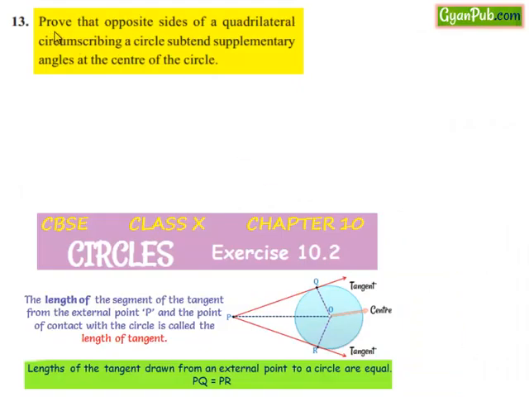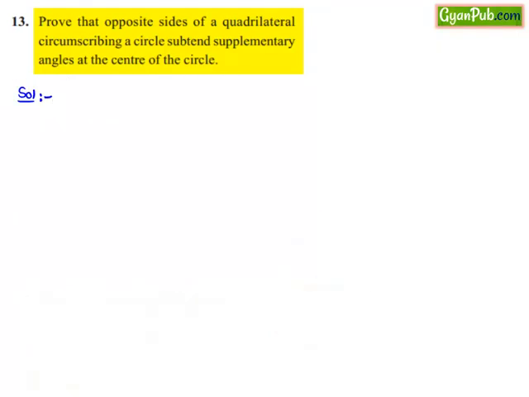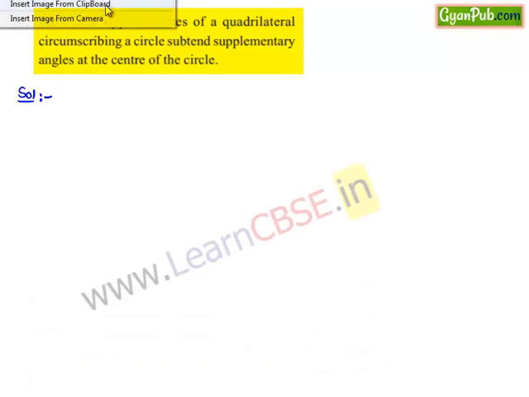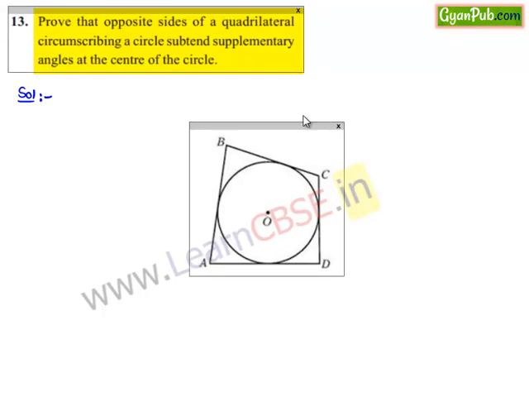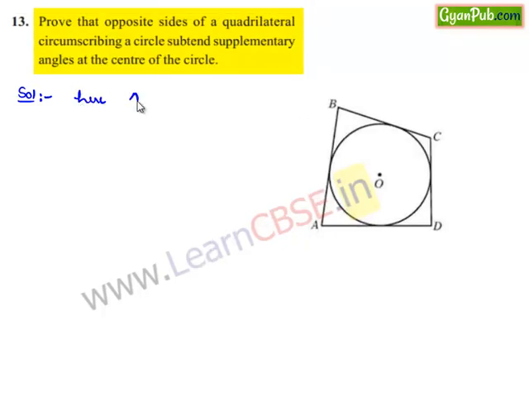Moving on to 13th question. Prove that opposite sides of a quadrilateral circumscribing a circle subtend supplementary angles at the center of the circle. Now moving on to solution. Let us consider a quadrilateral that is circumscribing a circle as shown in figure, that is here ABCD